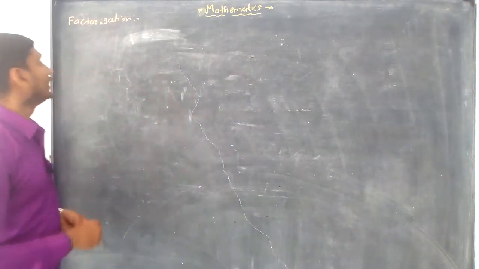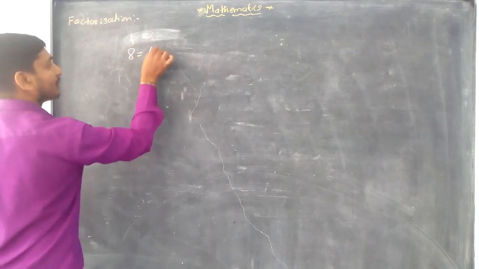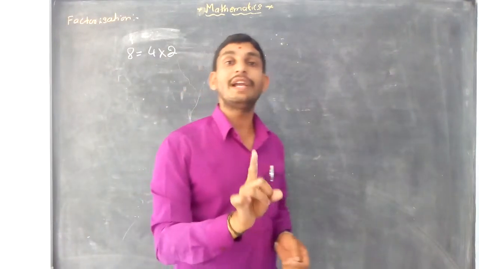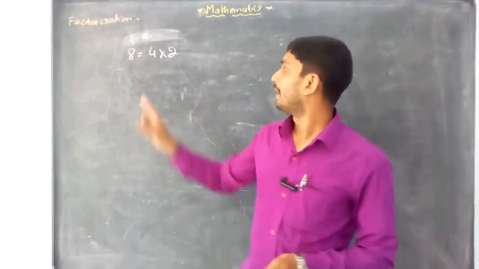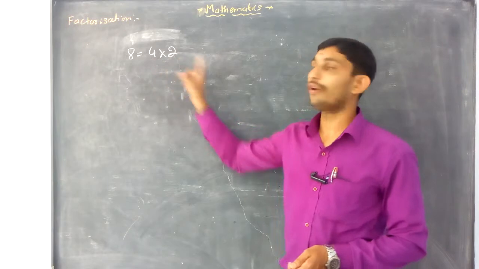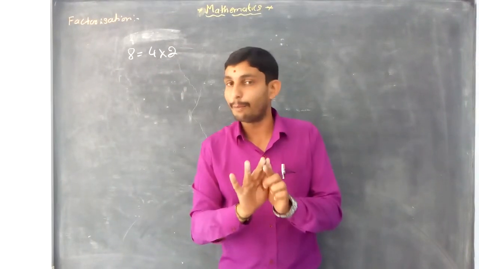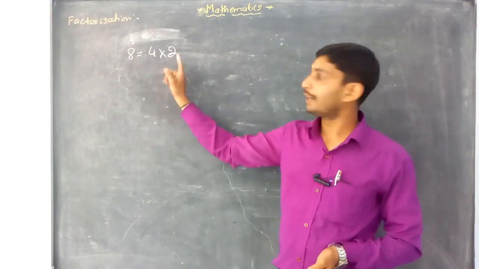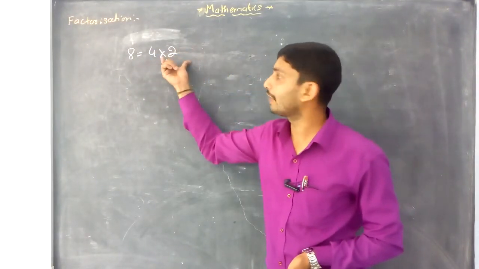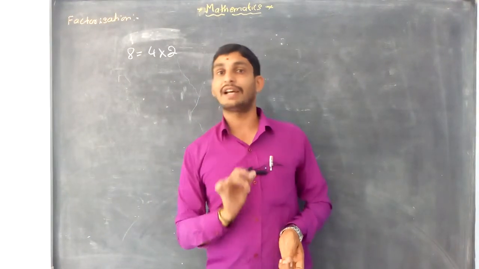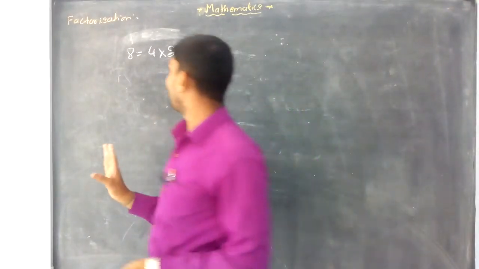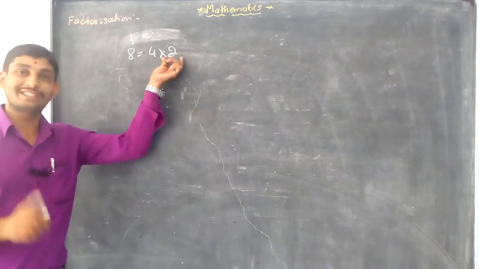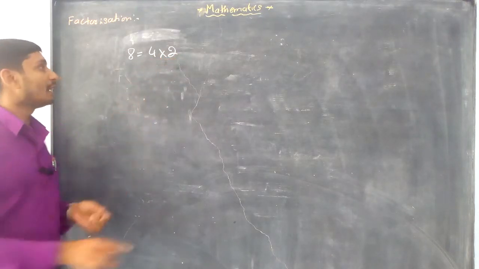Next thing is, see, writing 8 equals 4 into 2 is not called complete factorization. You have to remember, writing 8 equals 4 into 2 is not called complete factorization. Okay, 8 ಅನ್ನ 4 into 2 ಅಂತ ಬರೆದಿದ್ದೀರಾ ಸರ್, ಮಧ್ಯದಲ್ಲಿ ಇಂಟು ಇದೆ, ಆದ್ರೂ ಕೂಡ ನಾವು ಇದನ್ನ ಫ್ಯಾಕ್ಟರೈಸೇಷನ್ ಅಂತ ಯಾಕೆ ಕರೆಯಲ್ಲ ಅಂತ ಹೇಳಿದ್ರೆ, ಸಿಂಪಲ್ ಕಂಪ್ಲೀಟ್ ಫ್ಯಾಕ್ಟರೈಸೇಷನ್ ಅಂತ ಕರಿಬೇಕು ಅಂದ್ರೆ ಇದನ್ನ ಮತ್ತೆ ಫ್ಯಾಕ್ಟರೈಸ್ ಮಾಡ್ಲಿಕ್ಕೆ ಆಗಬಾರ್ದು, ಎಕ್ಸೆಪ್ಟ್ ಇಂಟು 1 ಬಿಟ್ಟು ಇದನ್ನ ಮತ್ತೆ ಫ್ಯಾಕ್ಟರೈಸ್